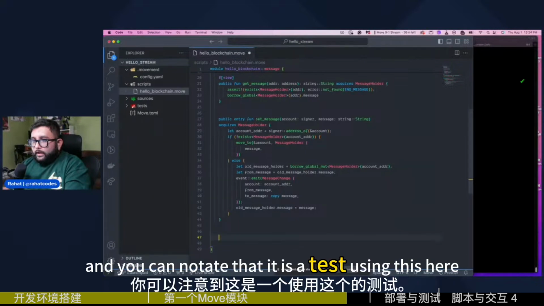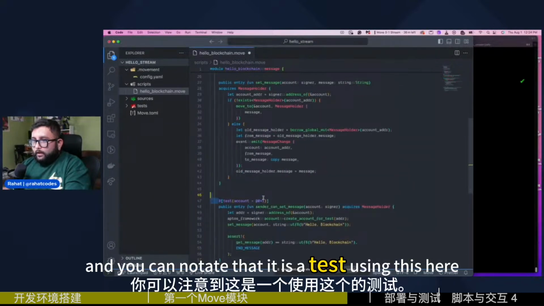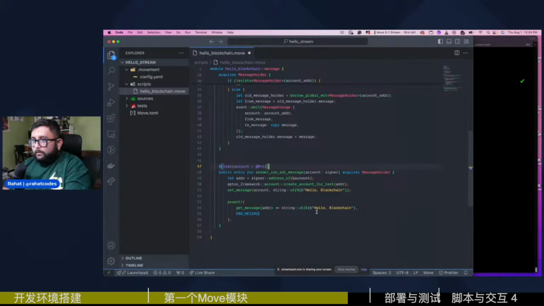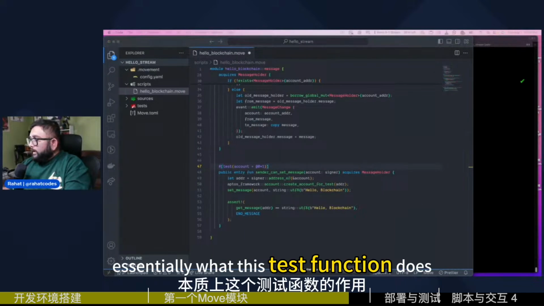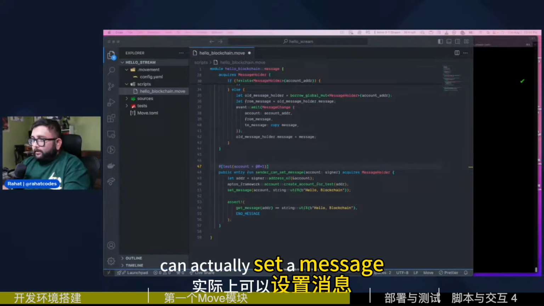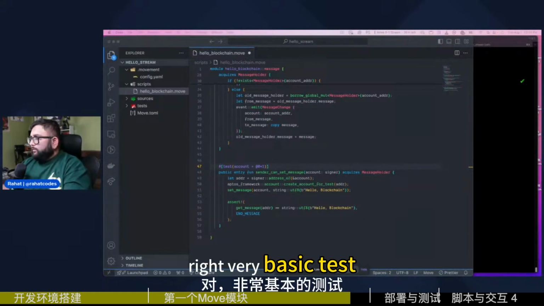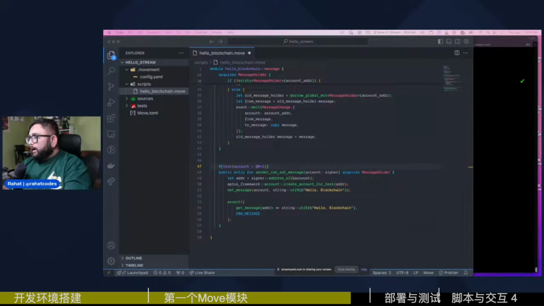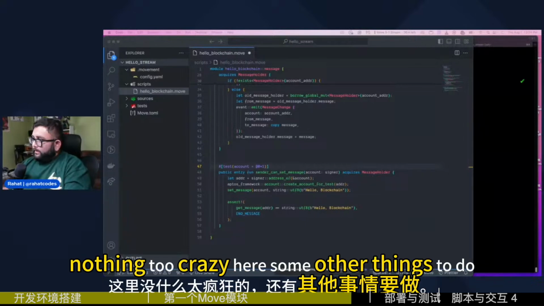And you can notate that it is a test using this here. Essentially what this test function does is really just verify that a signer can actually set a message, right? Very basic test, nothing too crazy here. Some other things to do,